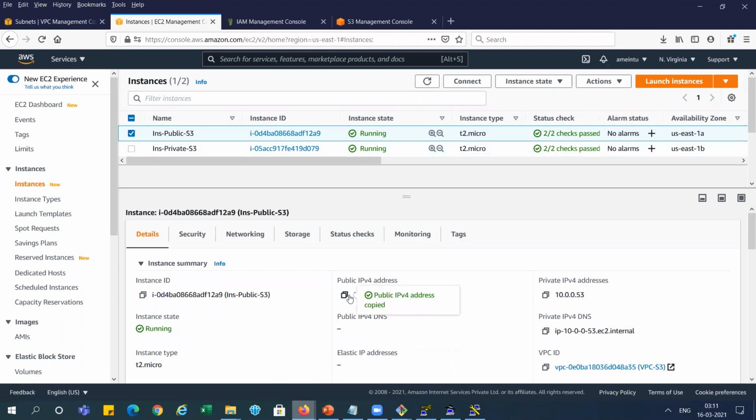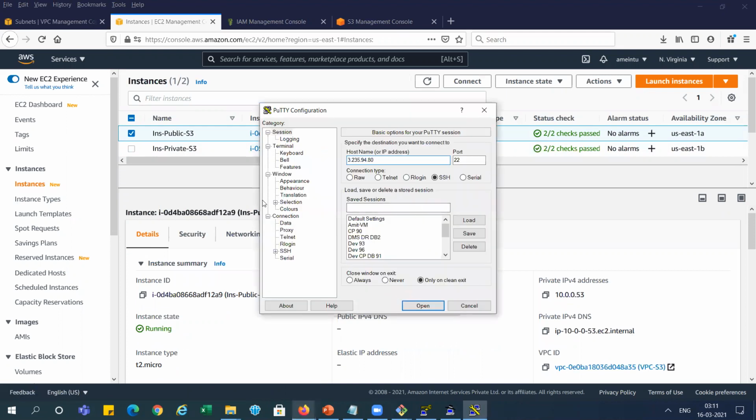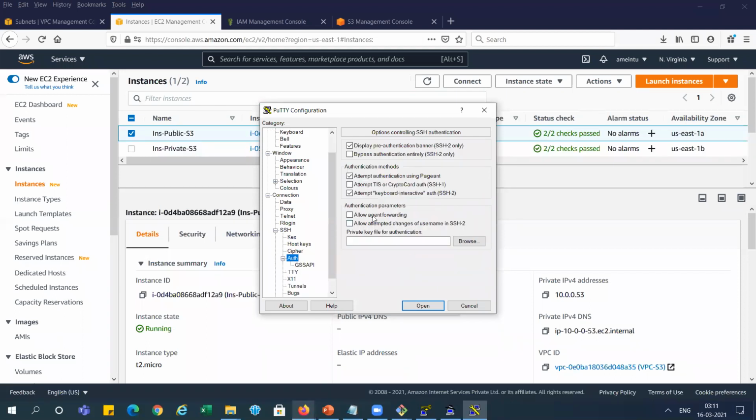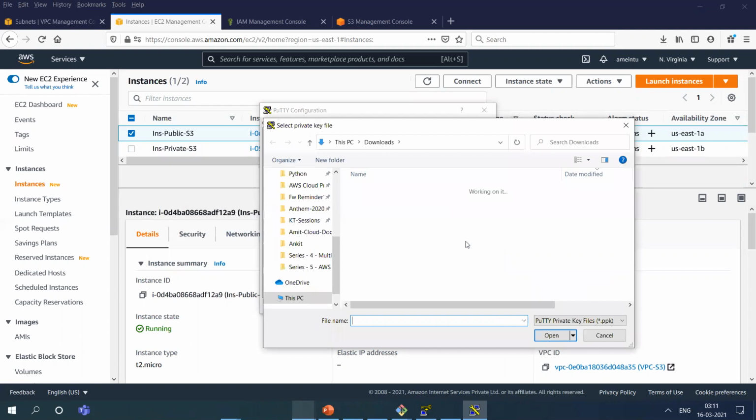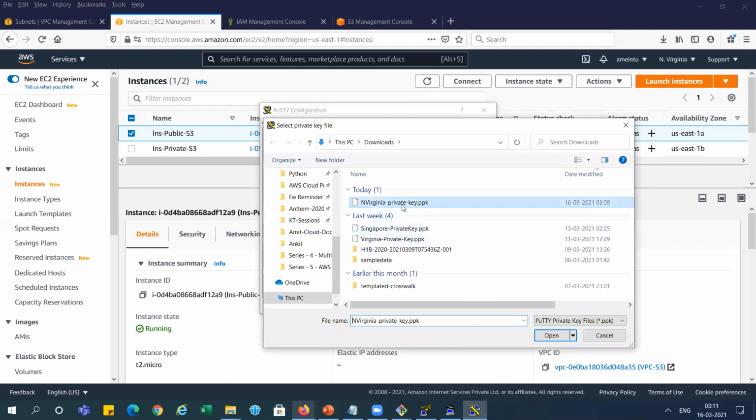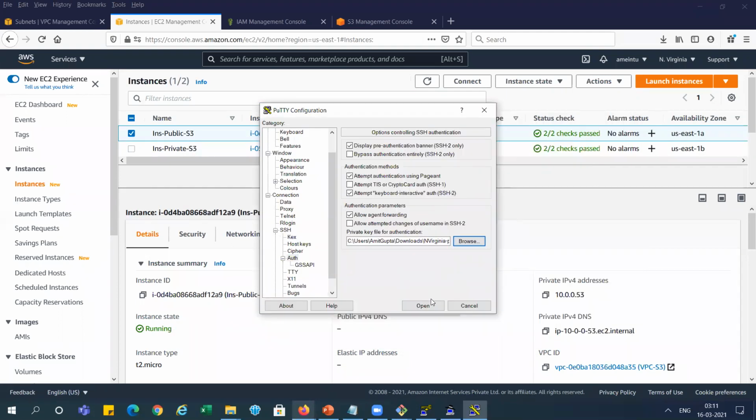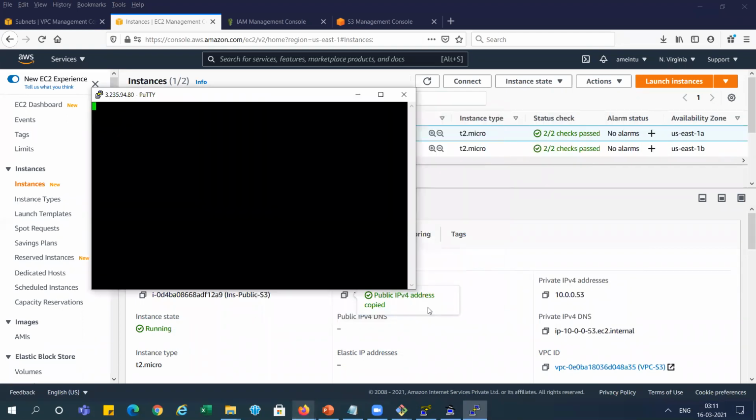So we will go there and put it here. And also in SSH auth, you can see we just allow agent forwarding. So it will forward that key to the private instance when we try to connect, right? So we are going to select this PPK file which we created just now. Now we will try to connect.